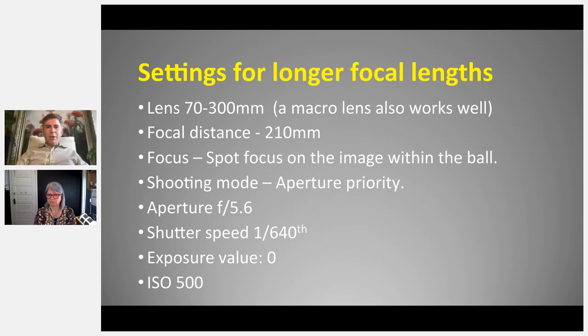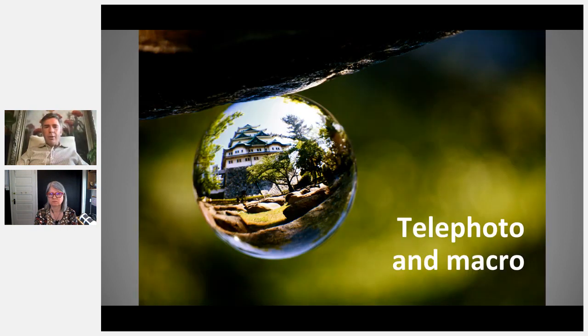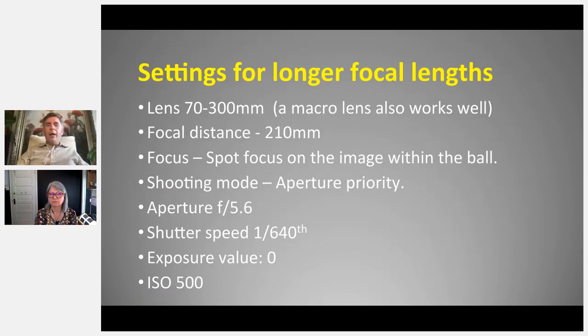So I used 210 millimeters here. The focus, again, spot focus. Again, shooting priority is aperture priority. This aperture of f5.6 is the largest available aperture at that focal distance on this particular lens. So that's the reason for this. Otherwise, I might have chosen a larger aperture, but I'm happy with the bokeh that produced, so that worked very nicely. Shutter speed is relatively high because when you're using long distance telephoto lenses, there's a higher